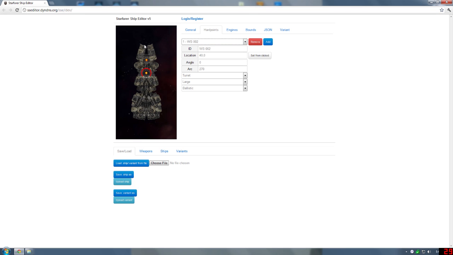So what do I have left? I have 1, 2, 3, 4, 5, 6, 7, 8 small turrets. This time around I might set them as energy turrets instead of ballistic, because this is sort of a midline cruiser, so that might be a little more fun. Then we've got two medium turrets. I'm probably going to make these ballistic as well, probably set them as flak or something. And then two of these hardpoints here I'm going to use for missiles. Alright, I'm going to pause for a minute while I get all of these hardpoints put in, then we'll go on to the next. Oh, real quick before I